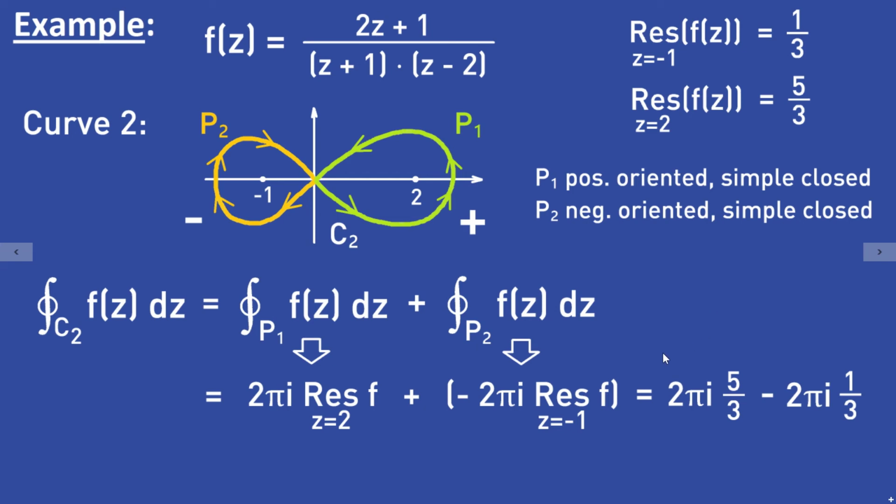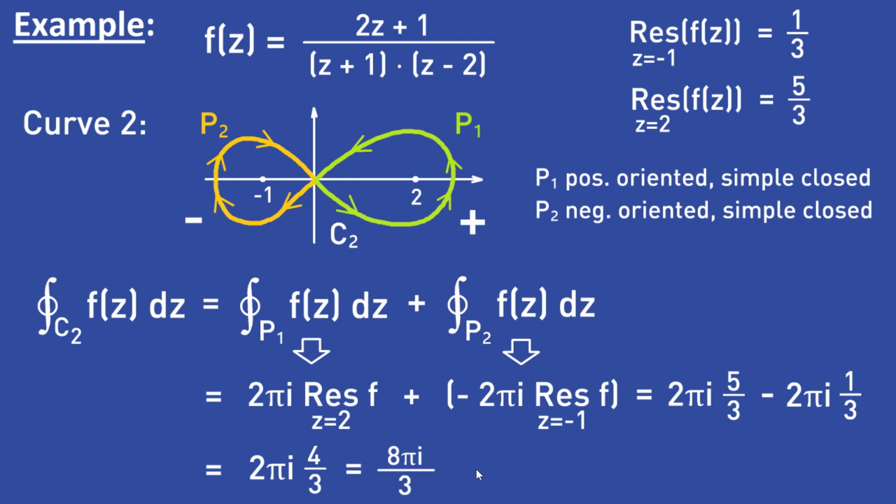And this is equal to 2 pi I times 4/3, which is equal to 8 pi I thirds. So the integral of f along the curve C2 is equal to 8 pi I thirds. Okay,